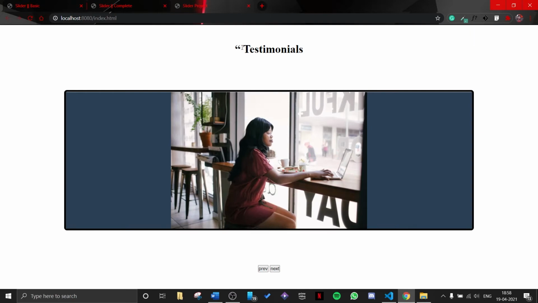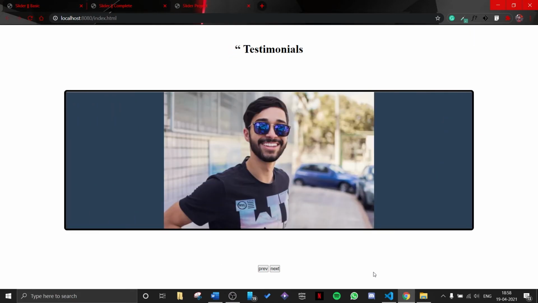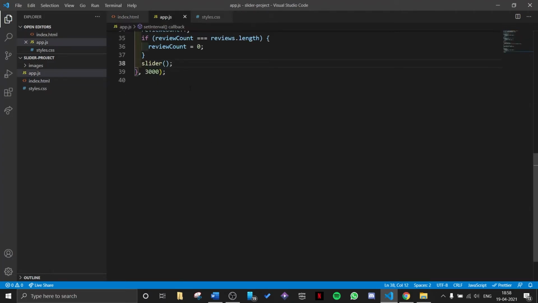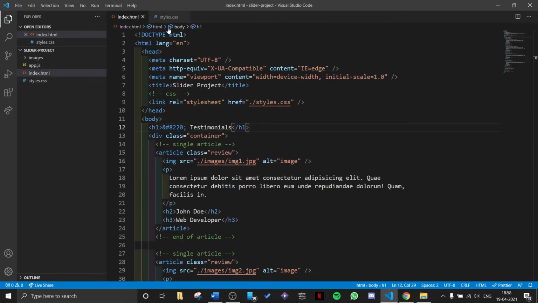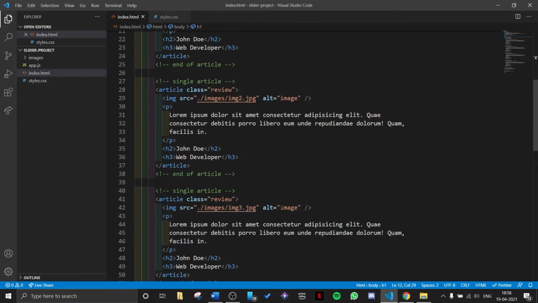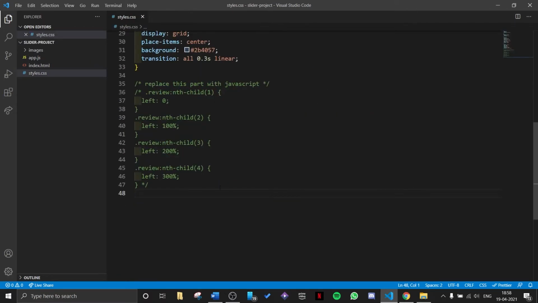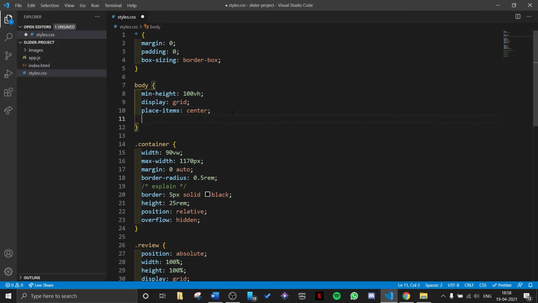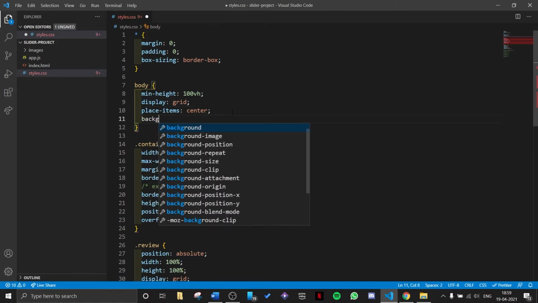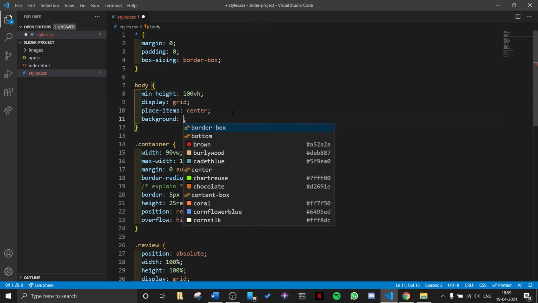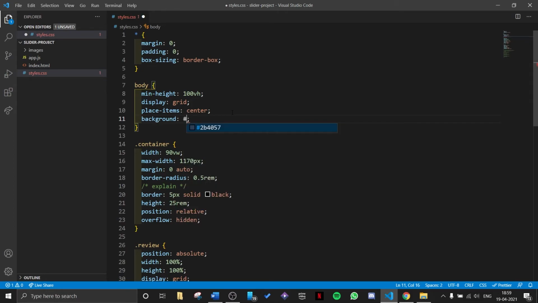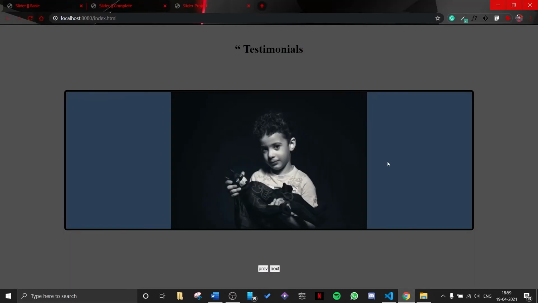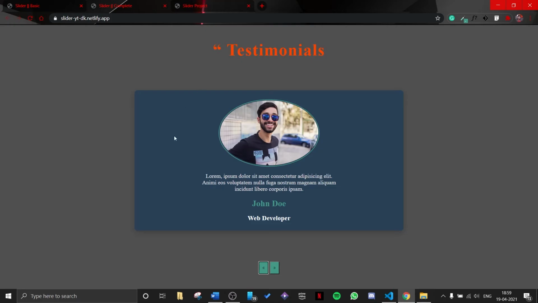So the HTML entity was this. Now we can close the JavaScript file because we do not need to do anything, and we can also close the HTML file as well because right now all we have to work with is our CSS. So the first thing I will do is give body a background color of gray. The color code will be 505050. If we see it, this is what it looks like, a bit similar to this, right?